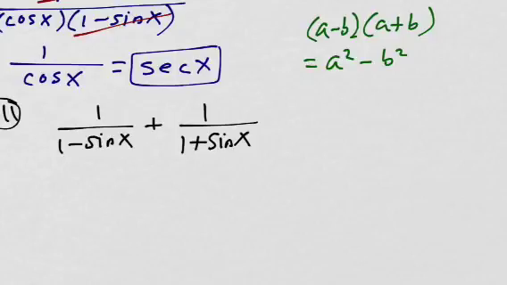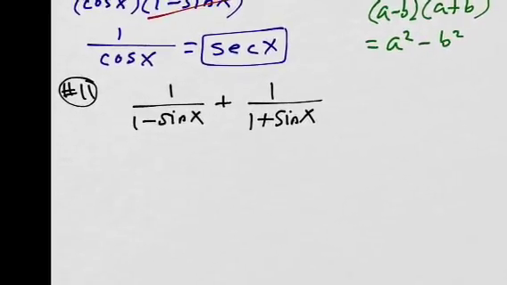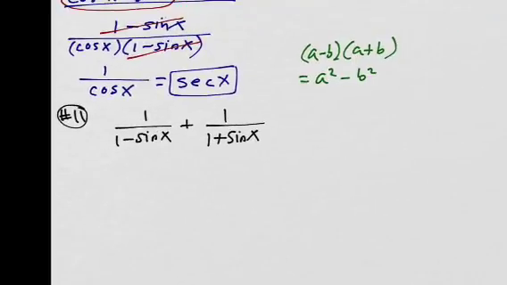Okay, so that's a polynomial multiplication, FOILing kind of thing. And the reason that's going to come up here is because we have denominators that are almost exactly the same, but not quite. One's 1 minus, and one's 1 plus. And so, since they're not exactly the same, we can't treat them as being the same. We have to do what we did in the last problem, that is come in and multiply